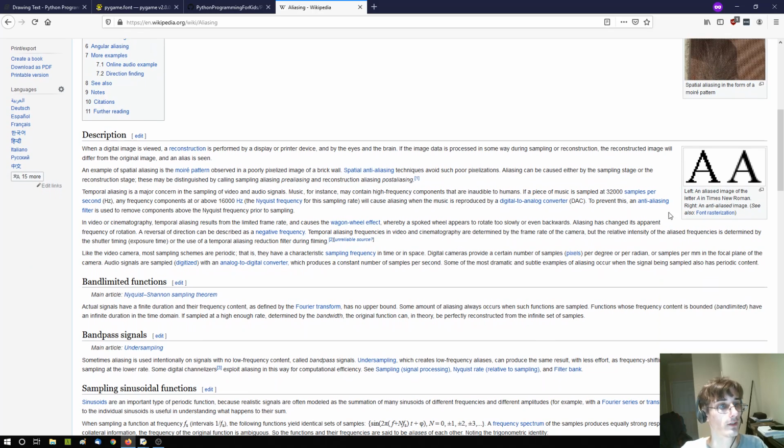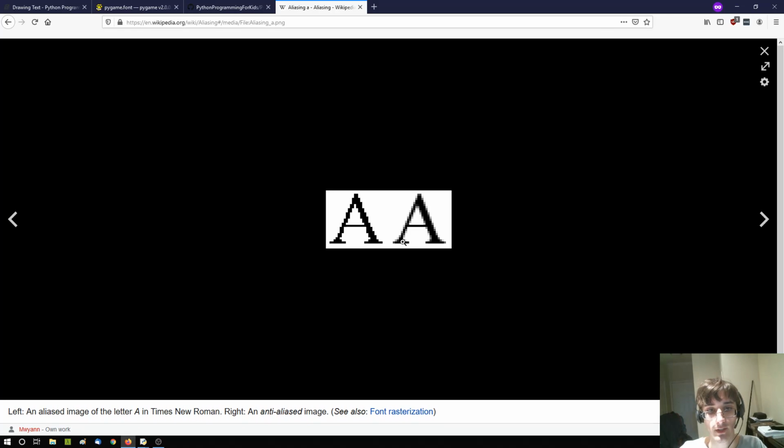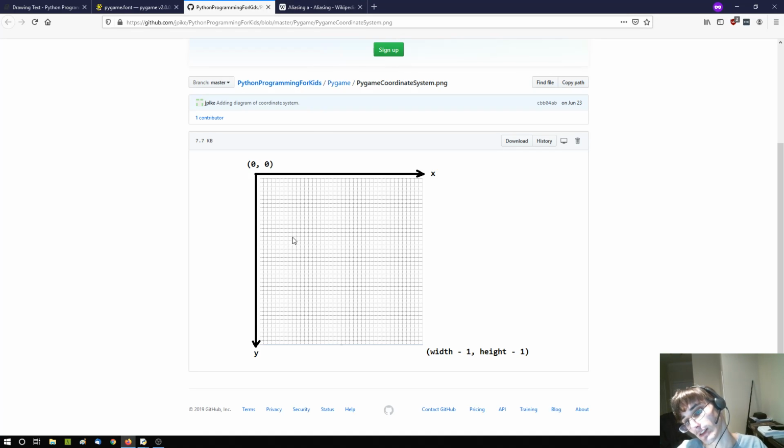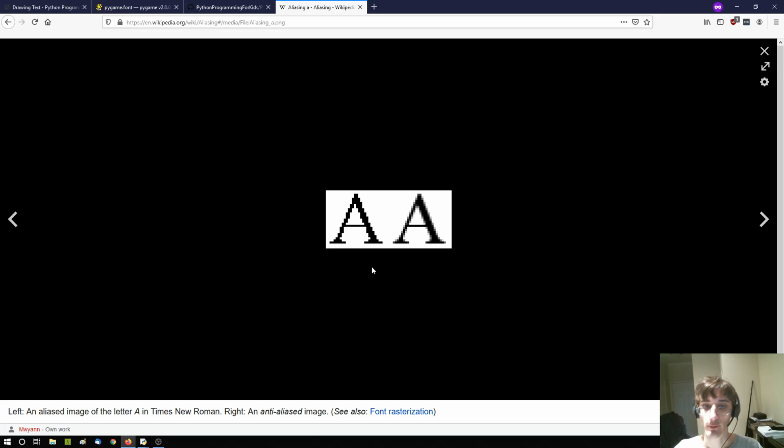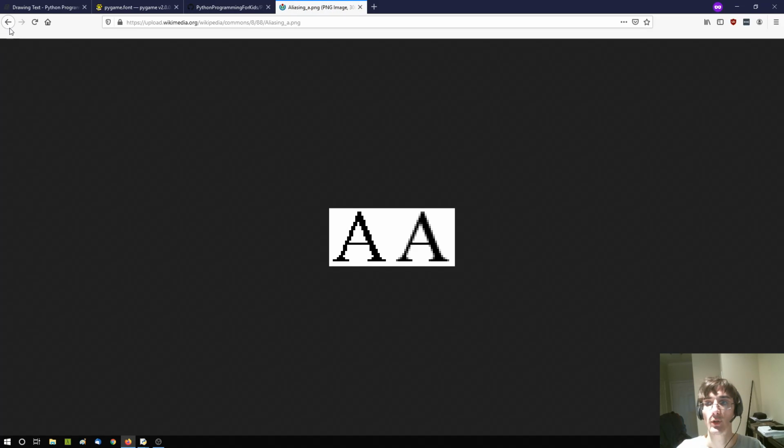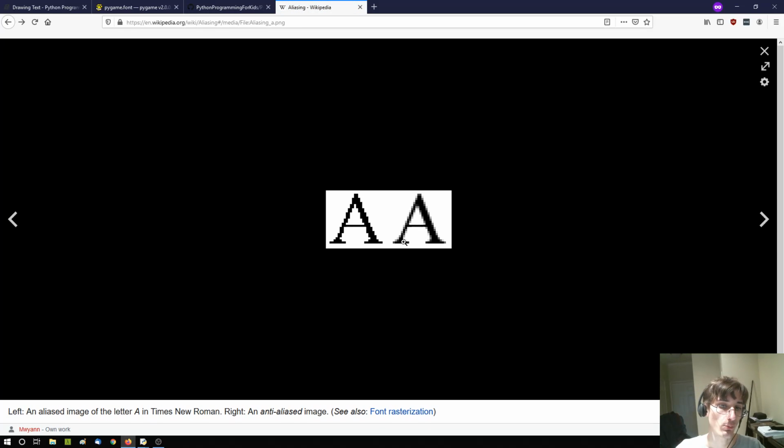Aliasing. So this image here on Wikipedia gives a good example of aliasing and anti-aliasing. When you draw things on computers with all these pixel grids that we've shown, you obviously can only draw things for a single pixel. So it's going to look blocky depending on how you draw it. Anti-aliasing is a way to make text look a little bit smoother by adding shades of gray or things like that to your text, so it doesn't look so blocky,